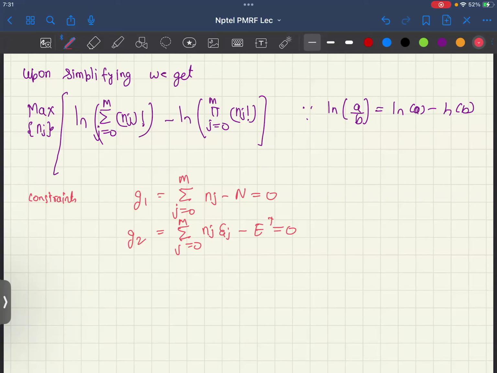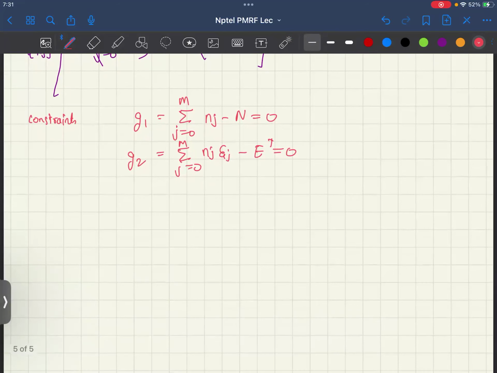Okay. So now let us try to do it. So now this is a summation, right? This is a product. Okay. So this is ln of a summation, and this is ln of a product, right? So then we can write nothing but maximization over all nj, right? Here we are applying the